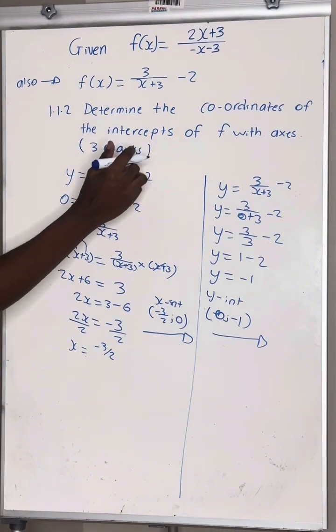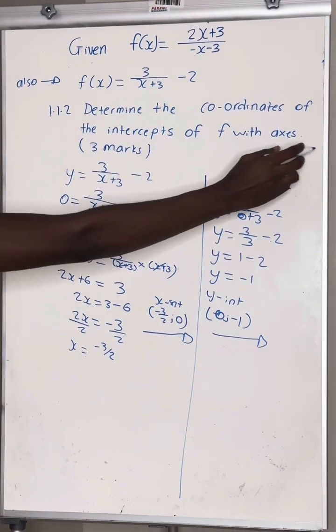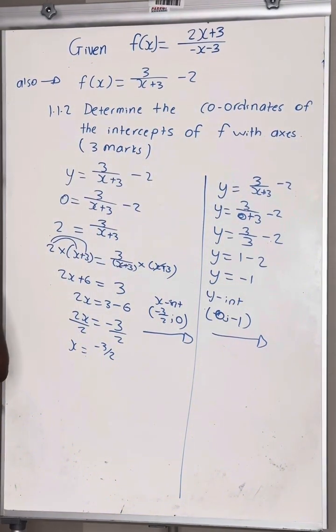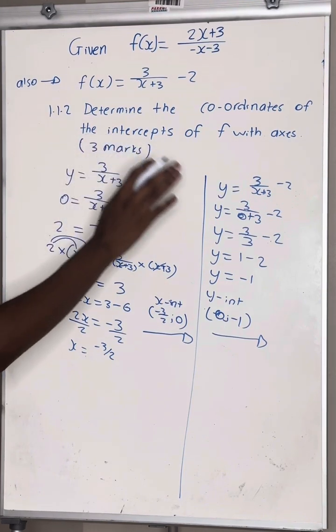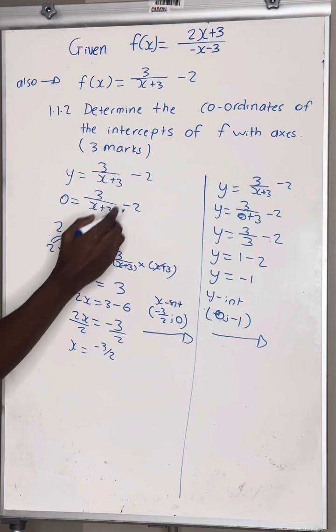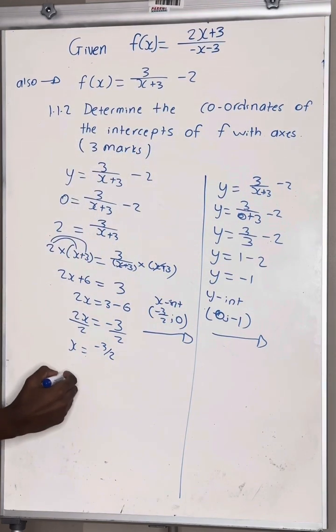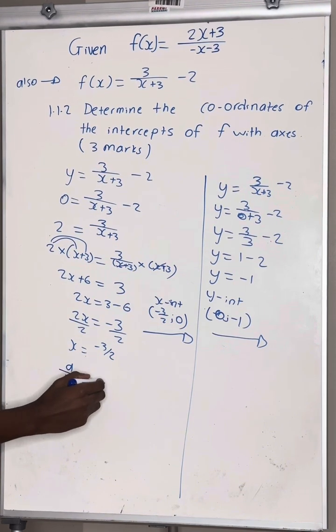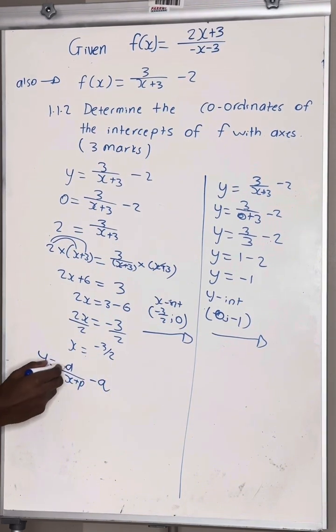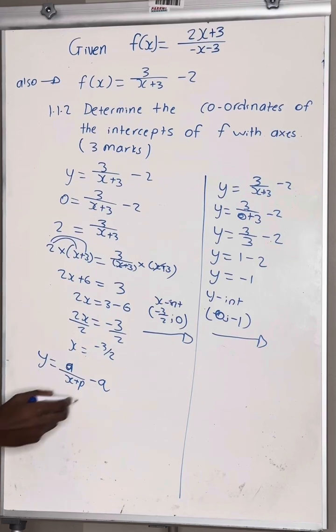This question we forgot to answer the part which says with the axes. So the axes are the axes of symmetry because it's the hyperbolic function. So the hyperbolic function, the axis of symmetry, this part over here, so the standard form says y is equal to a over x plus p, minus q. And the coordinates of the axes are negative p